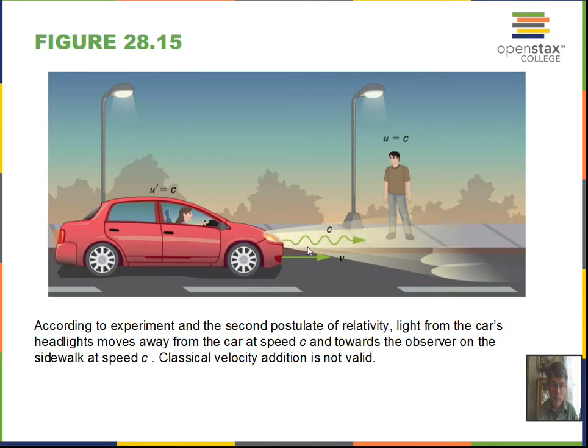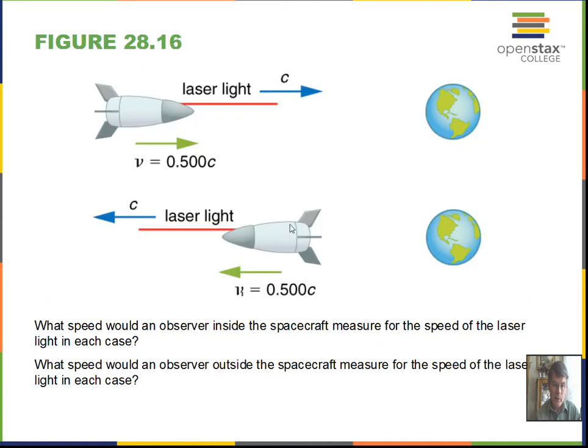We can see this right away with the frame of reference, the car, in motion, light coming out of that car at the speed of light, of course. And what would the observer on the sidewalk measure? Would it be the speed of light plus the velocity of the car? And this headlight is attached to the car. No, it cannot be. The speed of light is the maximum speed that we can have. And Einstein developed a simple way to add velocities that prevents the speed of light from being anything other than the speed of light. So we can see this again with the rocket ship at high speed.